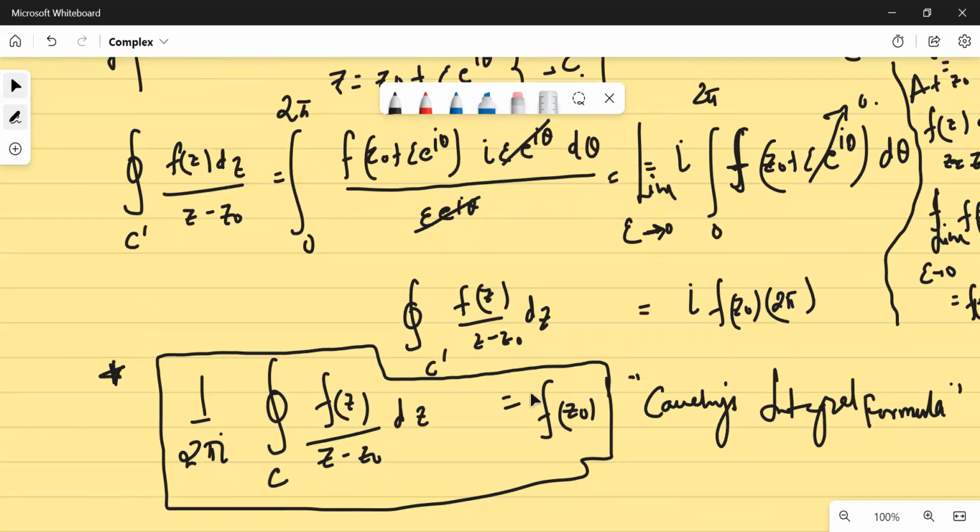What is f(z naught)? F is analytic inside a curve C in a simply connected region. Since the function is analytic, it will be defined for all those points inside that C. So at z equal to z naught, there would be some value. What is the value of that function at that point? It will be equal to 1 upon 2 pi iota integral f(z) upon z minus z naught dz. This is the formula. Are you getting my point? Yes, sir. So this you have to remember. This is Cauchy's integral formula.